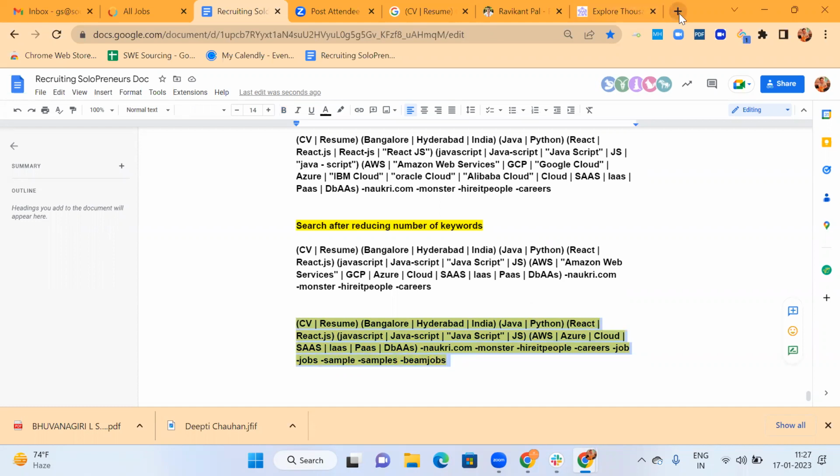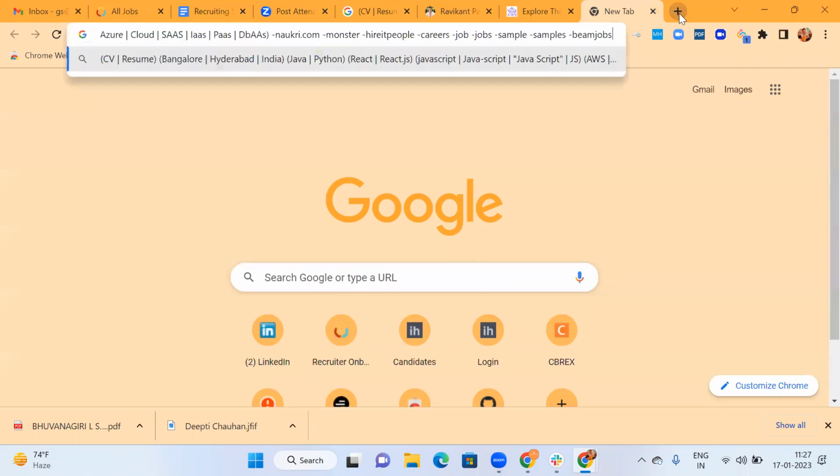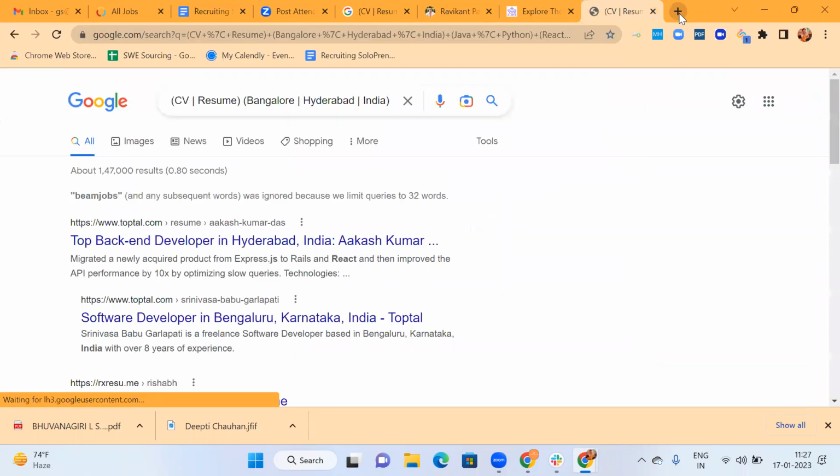After every NOT, a space is required. I'm asking whether space is a keyword or not. Space is not a keyword. So the query is 32 words, but we did not go beyond that.